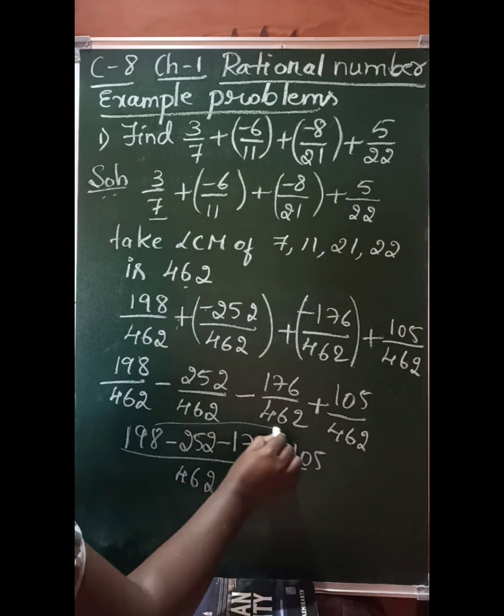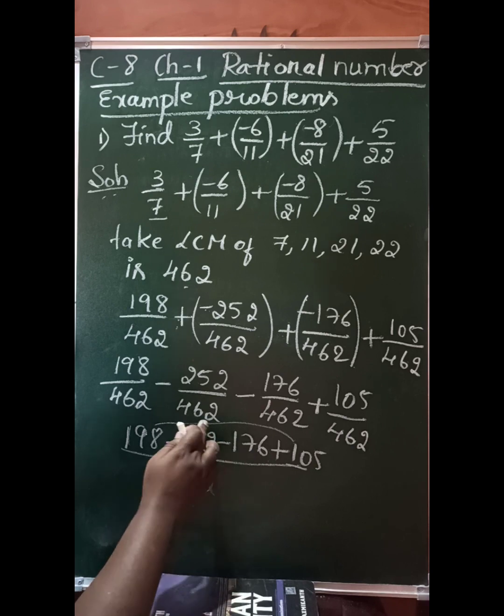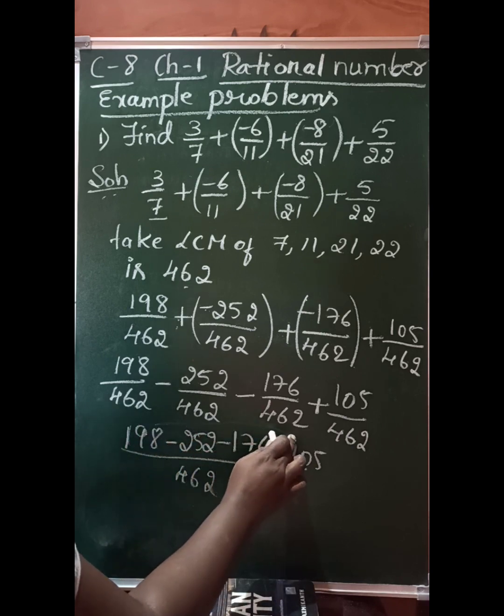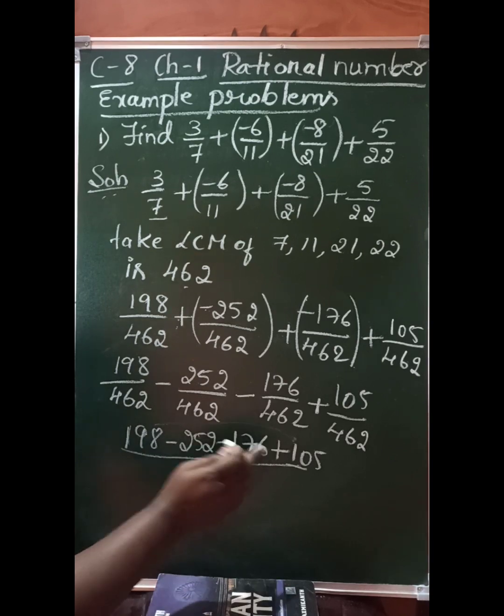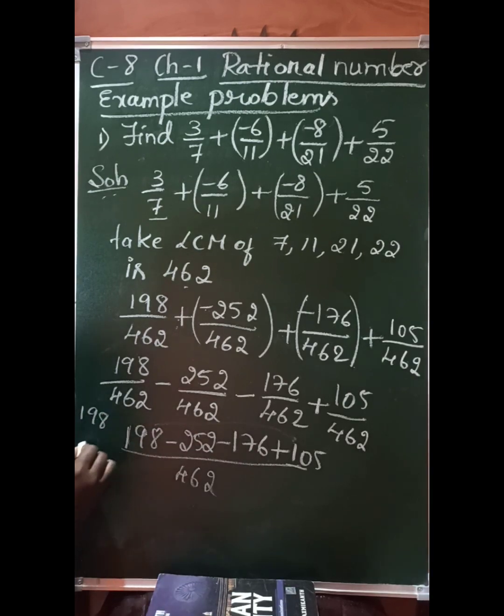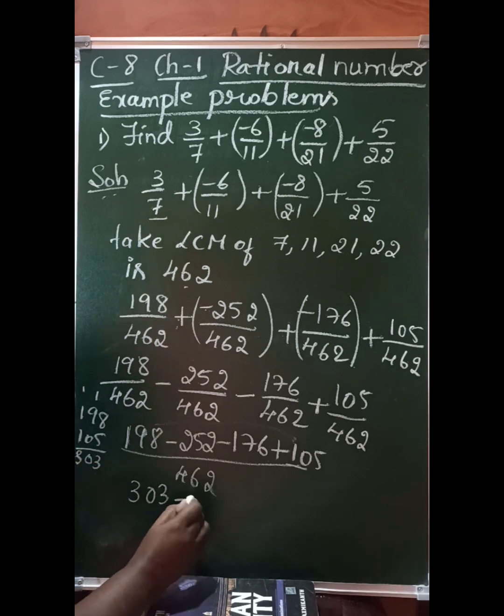Either you can add these two and subtract this one, or directly subtract and then add this one. I will solve it this way: I will add 198 and 105. Check what you get. 8 plus 5 is 13, so 3 right below, then take 1 carry. 9 plus 1 is 10, 0 right here and consider 1 here. So 1 plus 1 plus 1 is 3. So the positive number we have is 303, minus, add these two,